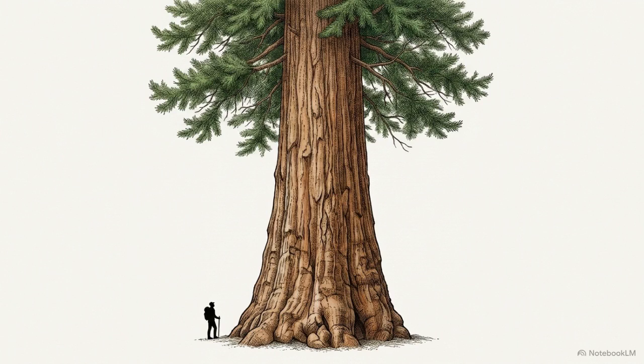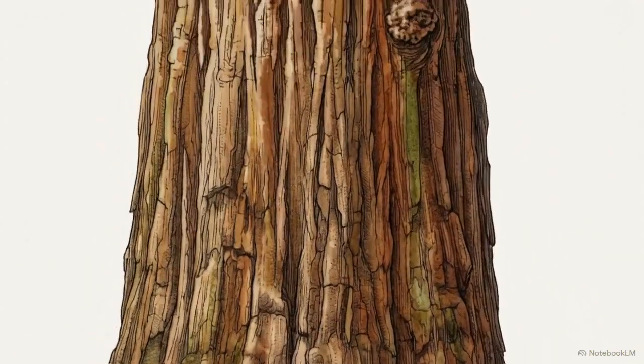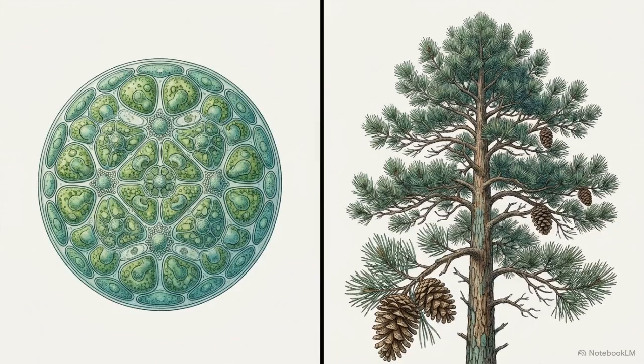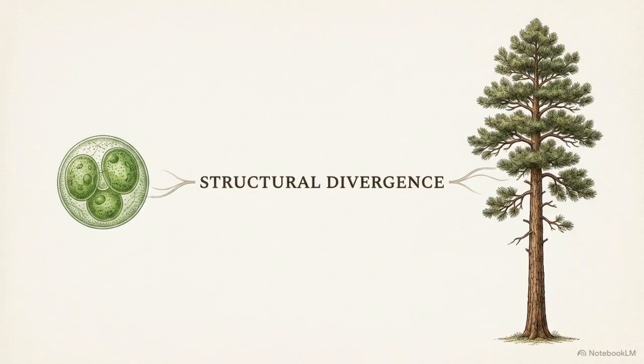To understand the biological engineering of the terrestrial plant, one must start with the scale of the modern results. A giant redwood, Sequoia, was much simpler. The ancestors of all plant life were aquatic, microscopic green algae. There is a 500 million year gap in structural complexity between a single-celled sphere of algae and a towering pine